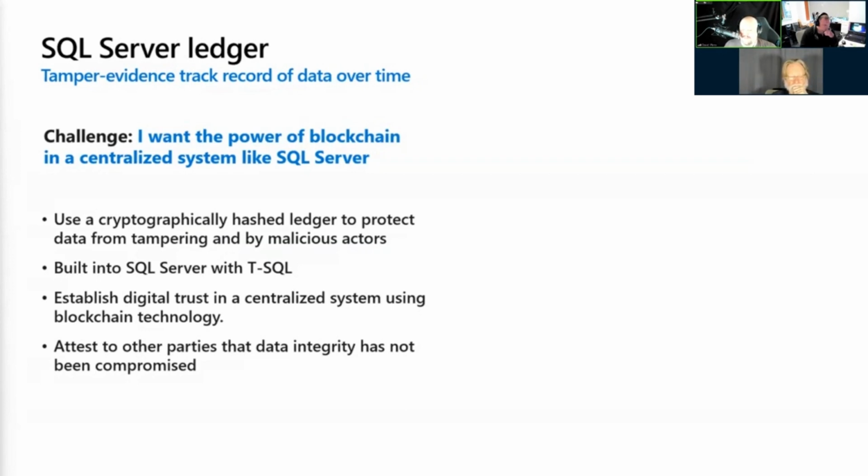And SQL Server Ledger preserves historical data. So if a row is updated, the previous value is maintained and protected in a history table. The historical data is stored in a relational format to support queries for auditing and forensics. Now, this works by cryptographically hashing each transaction that the database receives, and the hash function uses the value of the transaction along with the hash of the previous transaction as an input to this hash function.